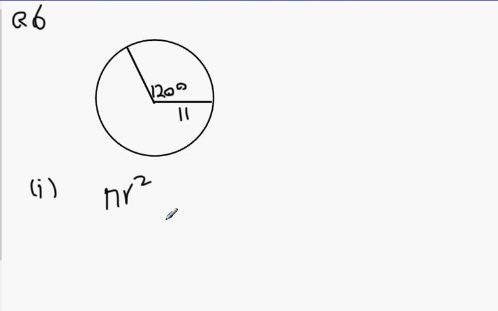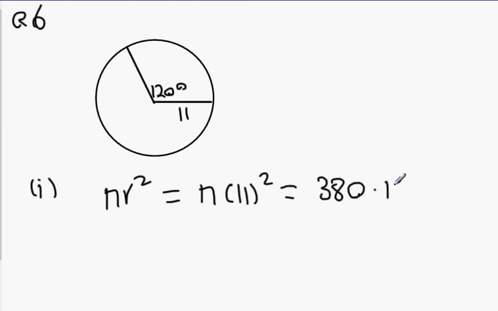So pi r squared is going to be, we're taking pi as just pi, so pi multiplied by 11 squared. What's pi times 11 squared? 121 pi, which is 380.1327, and round off to the nearest centimetre,